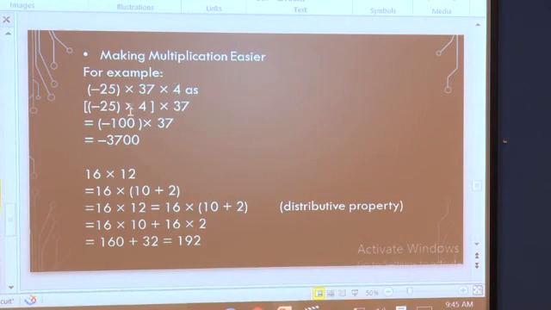I had taken 4 here. Why? I will say in short. I had done the grouping of these two numbers and had done 37 here. Here 25 fours are, you know very well, 100. Yes, since it is minus, we write minus 100.